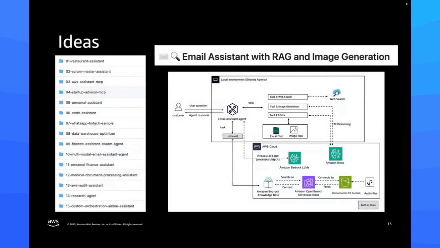Now, there is a repo at the end of this presentation, which we're almost to the end of. I do have a landing page that you can go to. I'll give you the link. It has all of these resources along with samples, so you can get started and build your own agents. We have restaurant assistants, scrum masters, and this list just keeps going and going and going. And if you have ideas for agents that you built, this is open source. Feel free to do a PR, and maybe you can get your agent loaded into the Strands repo or featured, right? Because it is open source.